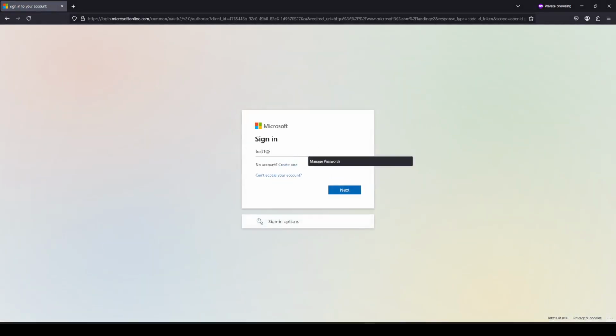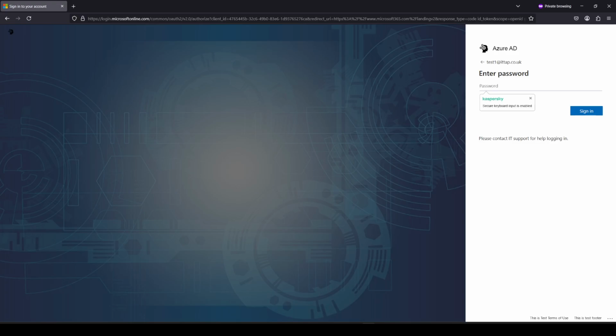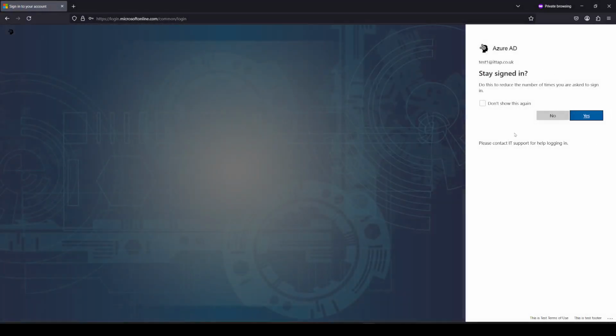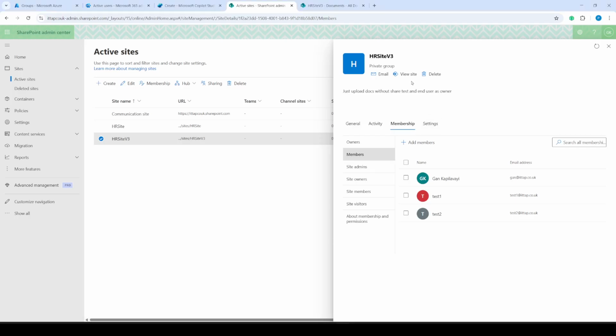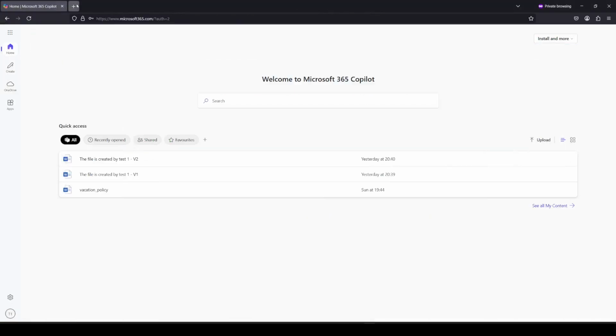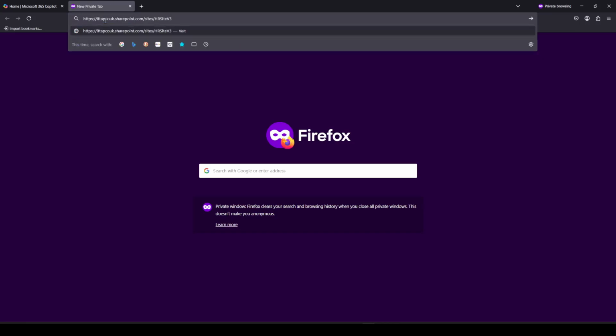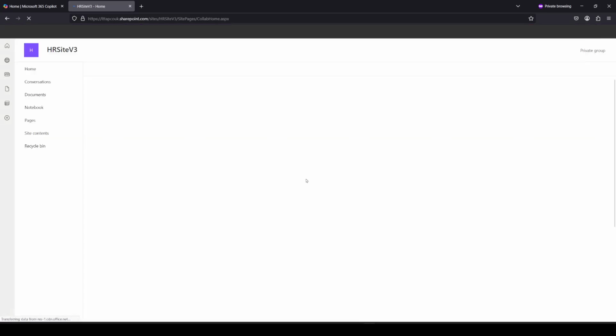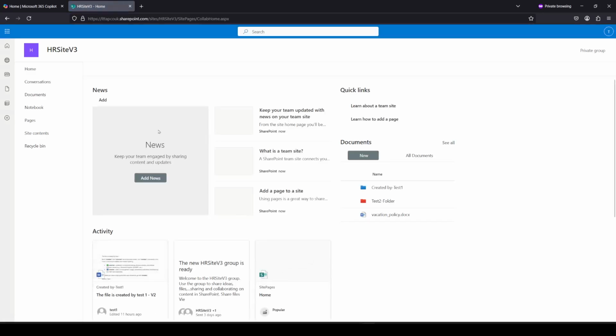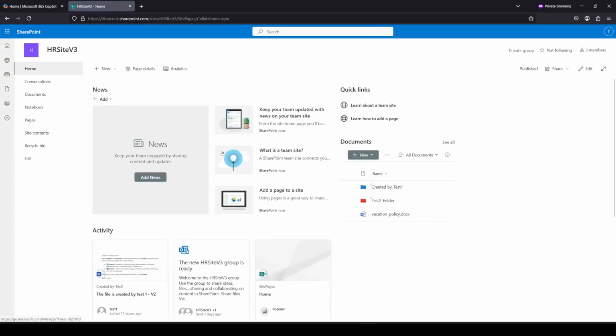Then enter test 1 at idm.co.uk, then enter the password, and it says signed in. So now if I get that site URL, copy the link address, and give it to the user, then the user opens another window and should be able to access the HR site. This is how I created the new document. Create the new folder and